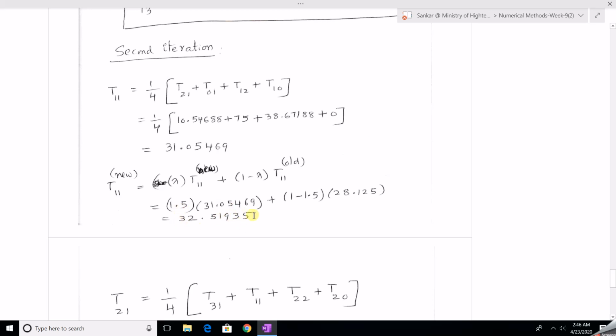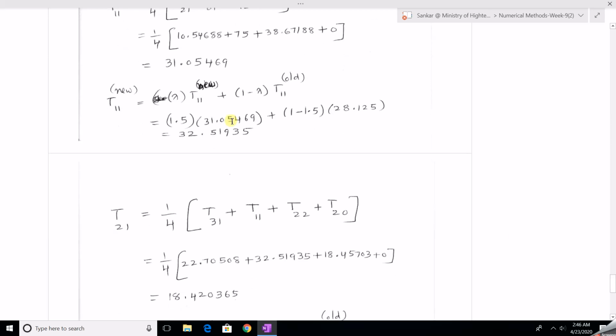So we use this value for T11: 32.51935 plus T22. The latest one for T22 is the value in the first approximation only. So we keep that value, and T20 is 0. And if we simplify, you will be getting